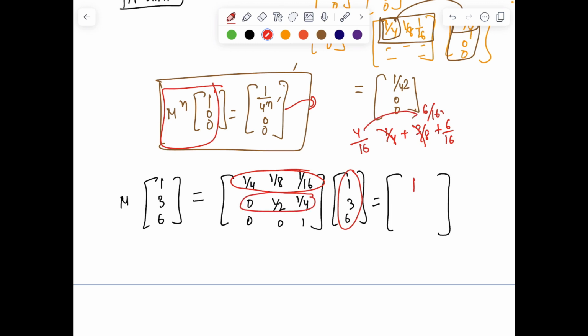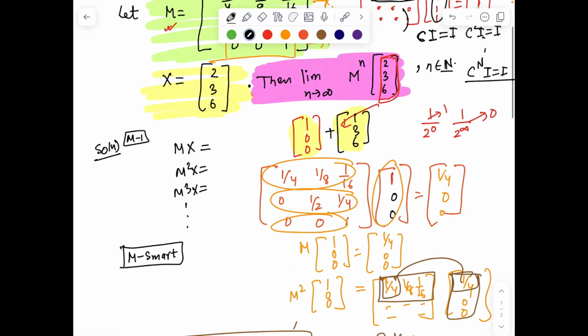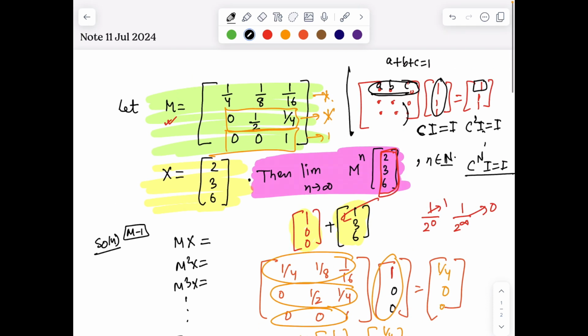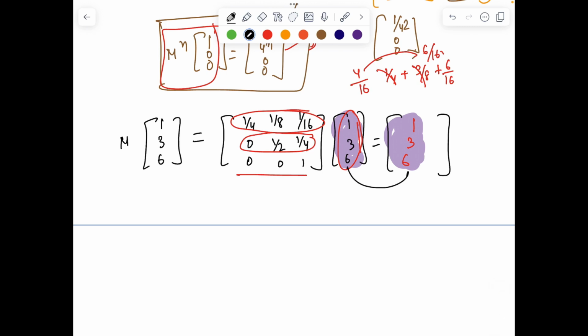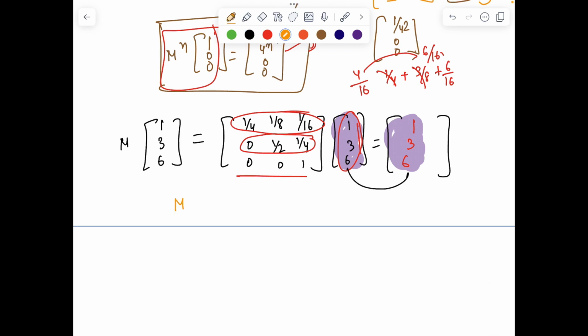What about when the second row reacts with the vector? You can see 1 goes with 0, 3/2 plus 6/4, and that's surprisingly 3. What about the last guy? The last guy is 6. And this is exactly what we wanted to happen, right? Because instead of 111, now we have found another guy. Instead of 111, which I doubted in the beginning about that crazy matrix, I found another guy, 136, which possesses magnificent properties. And the beautiful property of this matrix is M times this new vector, let's call it Y, is going to give Y.